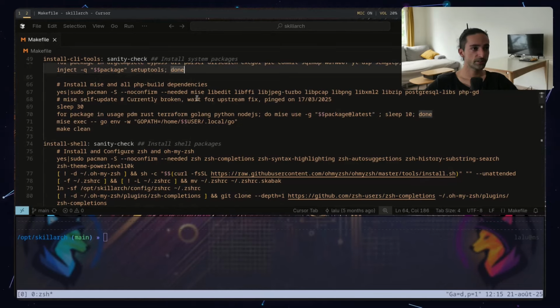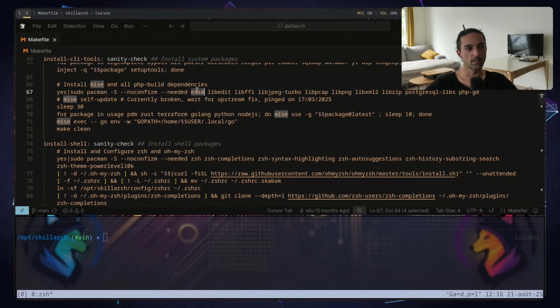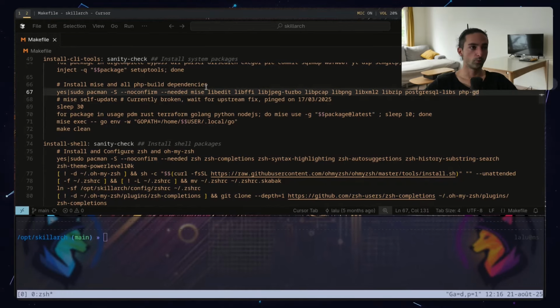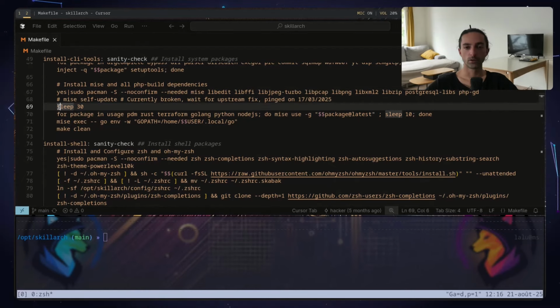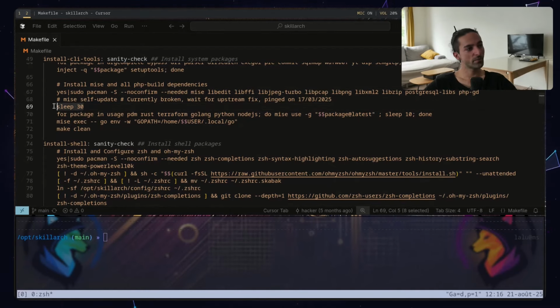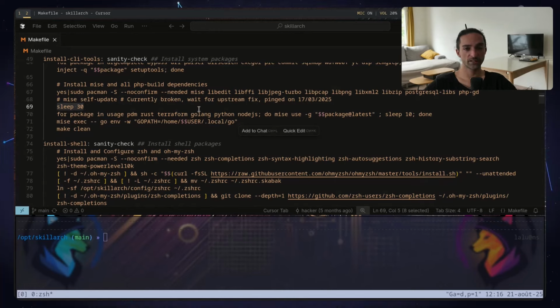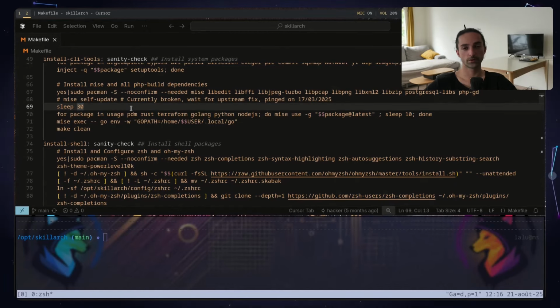Then with Pacman, we'll try to install mise, which is one of the key components I use the most within the distro, and a few libraries to be able to build PHP. From that, we sleep. We sleep. I'm so sorry for this one, but the install is so fast and now relies so much on GitHub that the CI/CD hits rate limits and so will you. So I do not want the install to run, break, and require to run again. I cannot easily detect a rate limit being reached within a single package install. So every here and then we have to wait a few seconds, which sucks, but